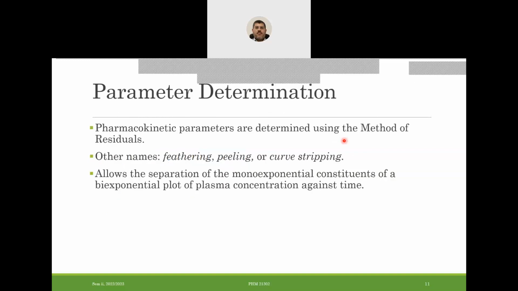So experimentally, or practically, we want to calculate the pharmacokinetic parameters of these drugs. How do we calculate them? The parameter determination will use a method we call the method of residuals. We also call it the feathering, peeling, or stripping method. Why do we call it residuals, stripping, peeling, or feathering? Because